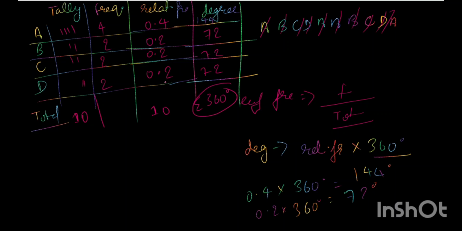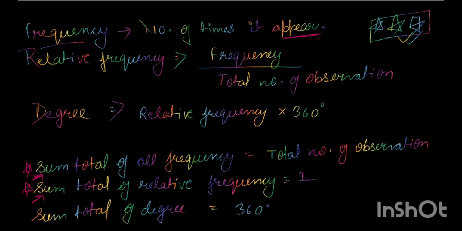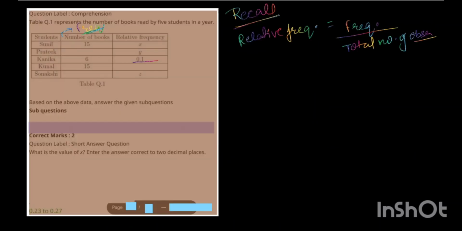Then it's not 10, it's actually 1.0. And if you add the entire frequency, you will get the total number of observations. So the sum total of all frequencies is equal to the total number of observations, the sum total of relative frequency is equal to 1, and the sum total of degrees is equal to 360 degrees. Let's try to solve this